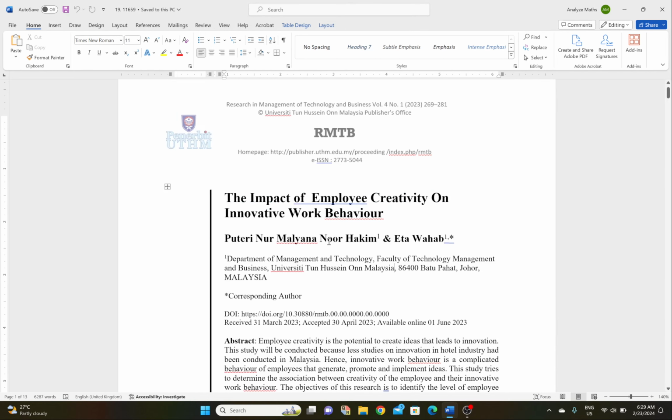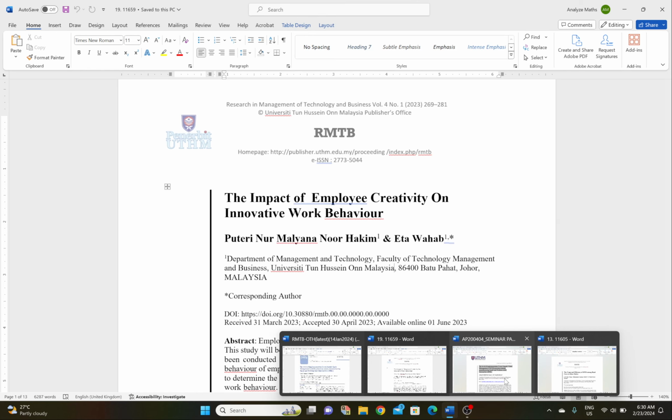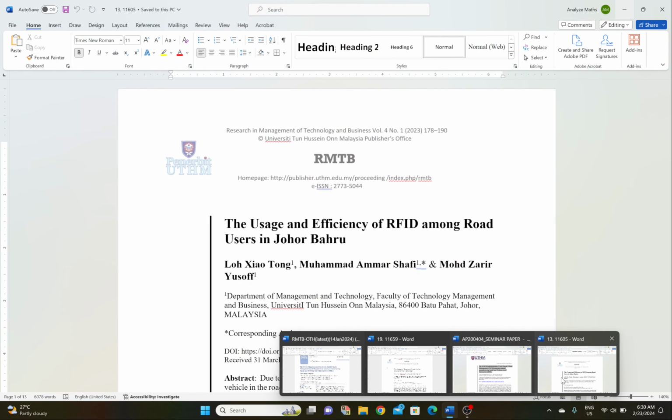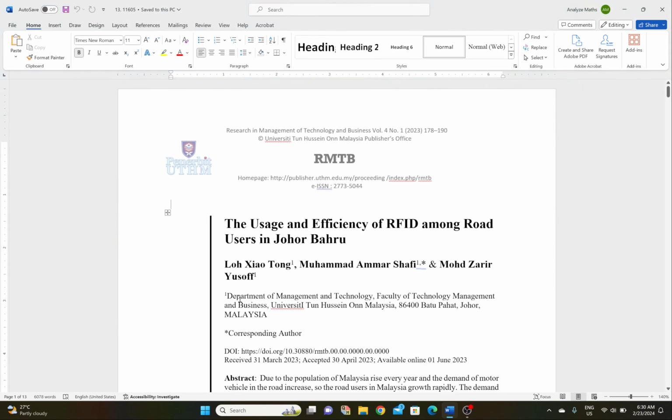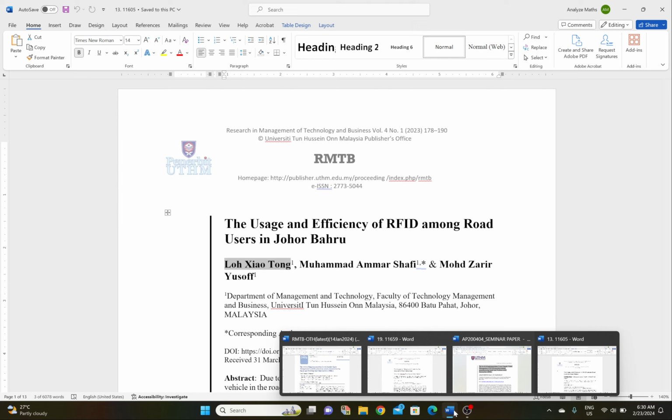Don't put the Binti and Bin. For Chinese, you can write your name like this. Okay, and for Indian,